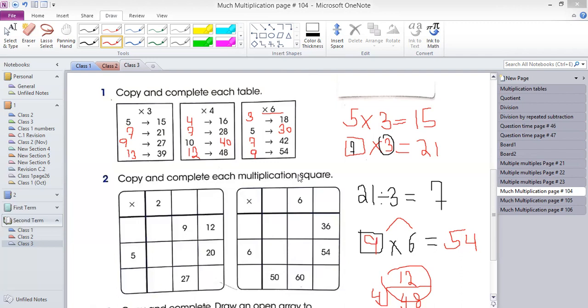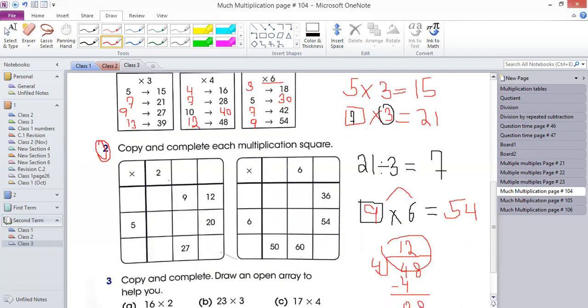All right. Sharif, you want to answer? I give you a chance. Answer me about question number 2. Copy and complete each multiplication square. What is this? Is this the puzzle? It's like a puzzle. You have to use multiplication and division to complete it. Can you do it or you can't? Let me explain. Leave it for Sharif. I will explain it first, then you will be able to answer.